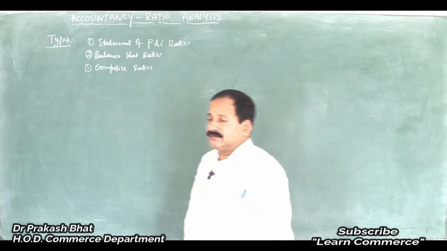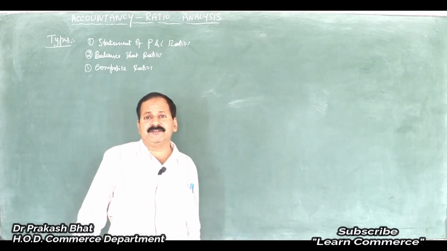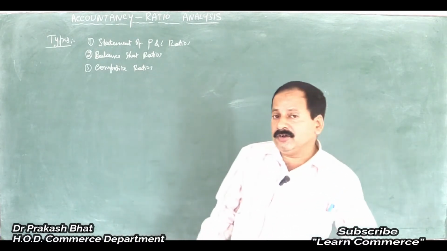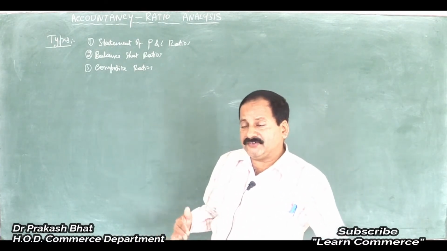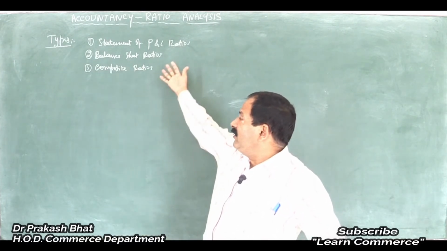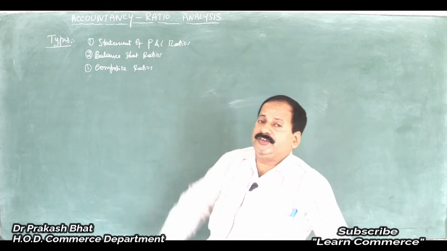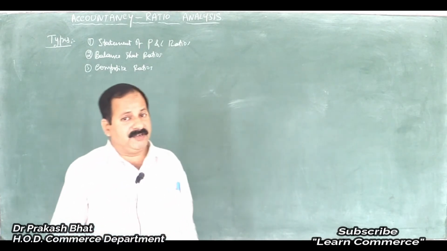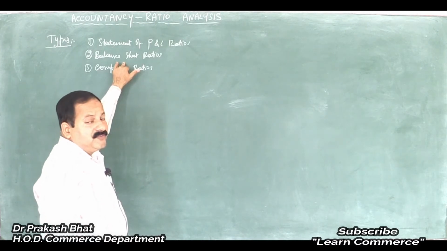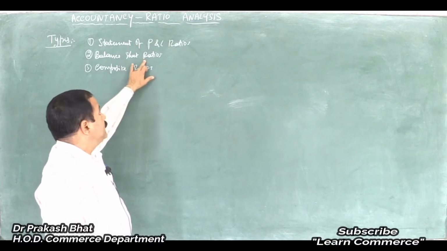Balance sheet ratios, like current assets to current liabilities, quick assets to current liabilities, quick ratio, current ratio, or debt to equity, long-term debt to equity, debt equity ratio. These are all ratios calculated by taking the figures from the balance sheet, or what we earlier called the position statement. Such ratios calculated by taking figures from the balance sheet alone are called balance sheet ratios.